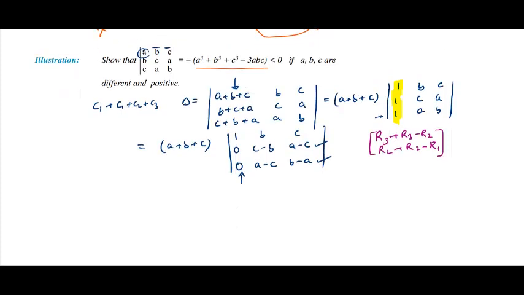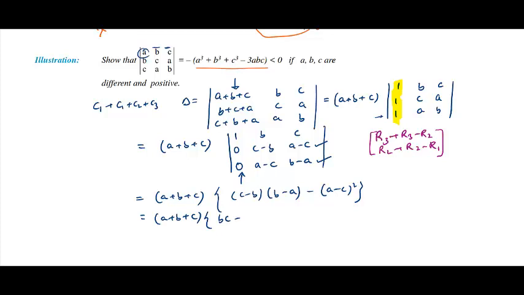So once we start expand it along the first column, we get a plus b plus c times c minus b, b minus a minus a minus c squared, which is same as a plus b plus c times, let's multiply this, you get bc minus ac minus b square plus ab